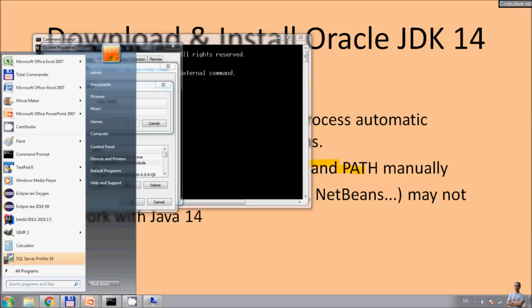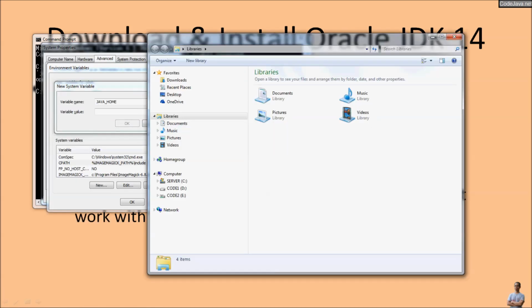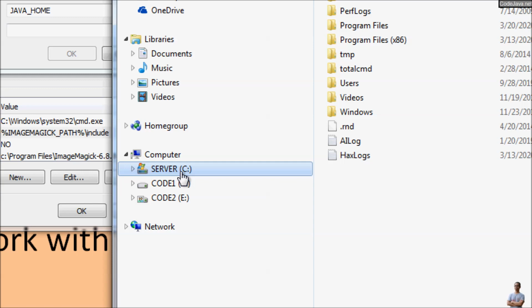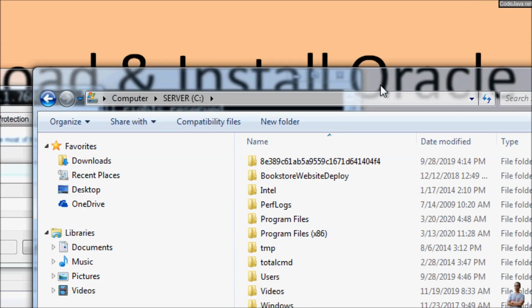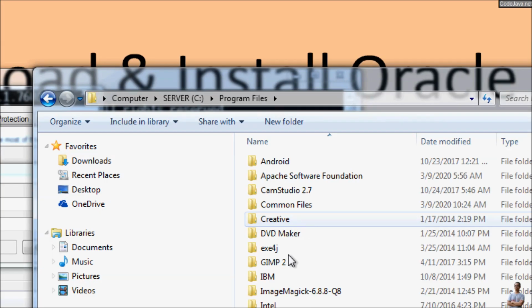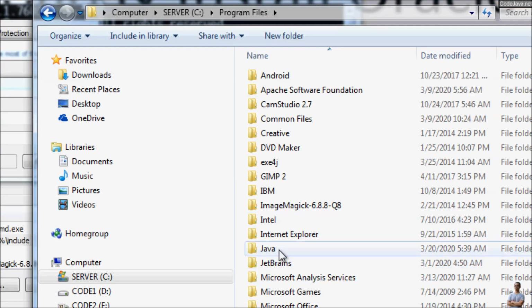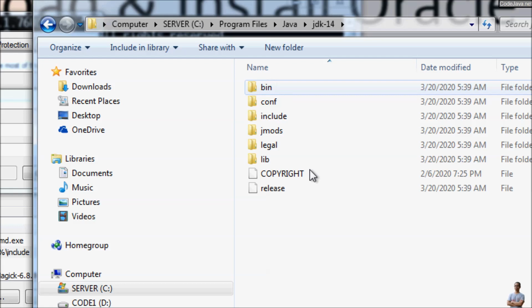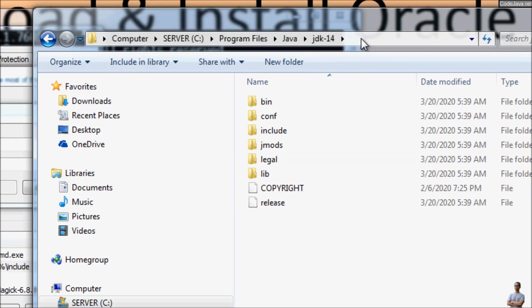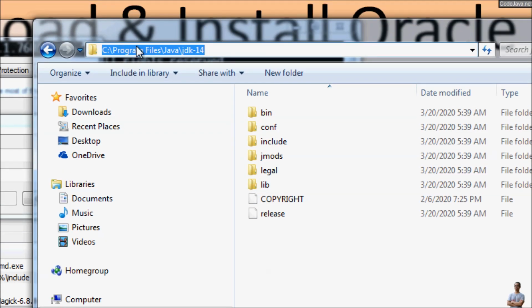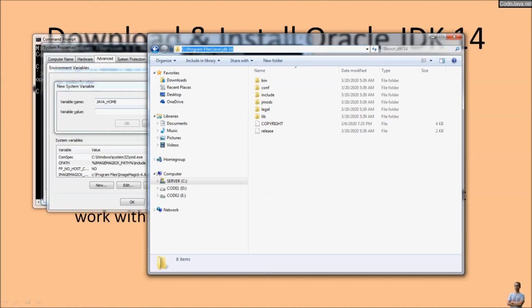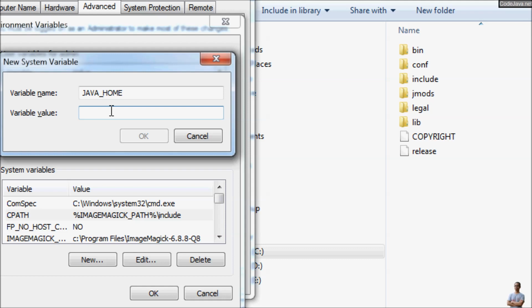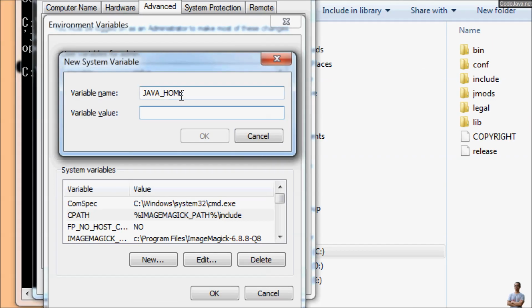You can open My Computer and browse to the Program Files directory here, Java here, and you see JDK 14 is installed here, and copy this path, and paste it to the variable value of the system variable JAVA_HOME here. Okay,